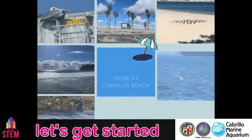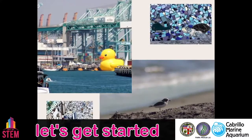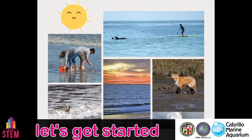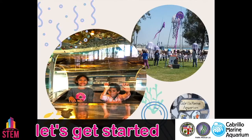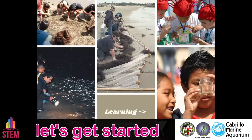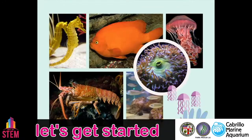The Cabrillo Marine Aquarium is a trusted resource that inspires exploration, respect, and conservation of Southern California marine life. We are located at the southern end of the 110 freeway in San Pedro, at Cabrillo, and next to the Port of Los Angeles. Most of your clothes, household items, and transportation come through this area from international sources. We are a place to explore natural areas such as beaches and tide pools, a place to learn through experiences throughout the aquarium and our coastal parks, and a place where you learn that nature and animals are something to protect and respect. At the Cabrillo Marine Aquarium, you can find animals such as,